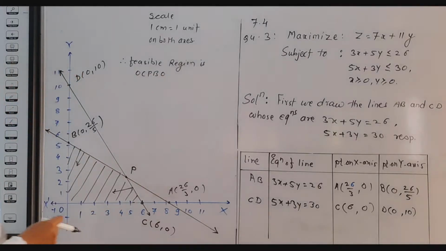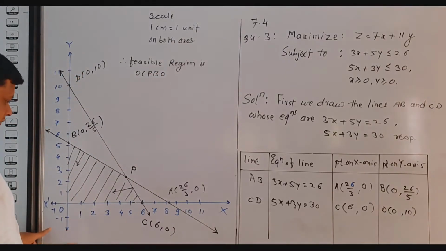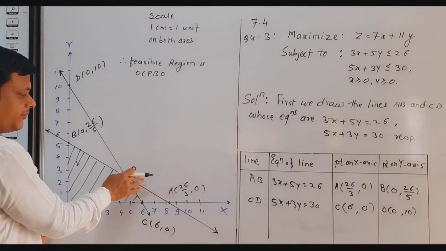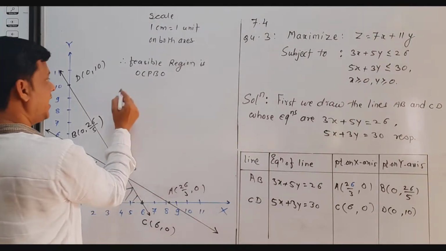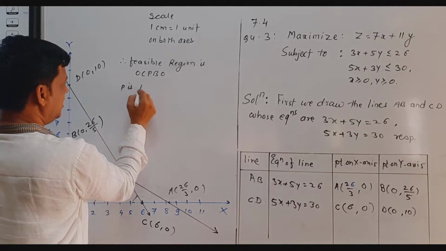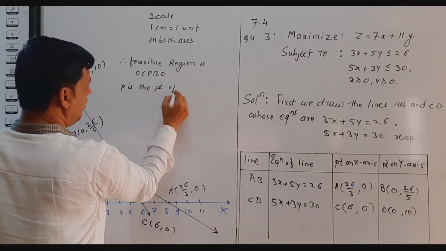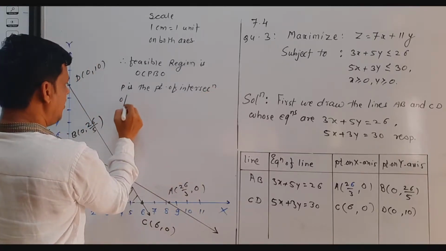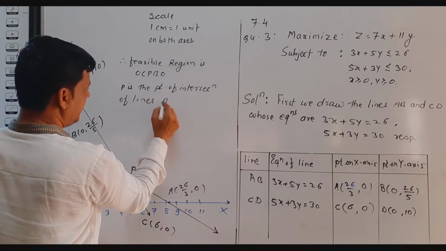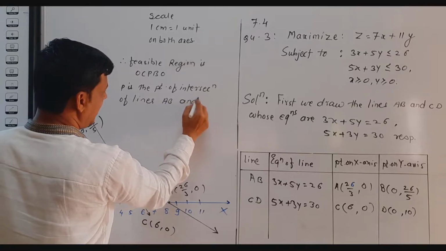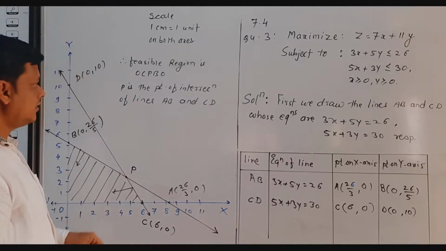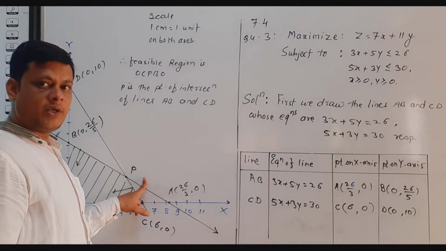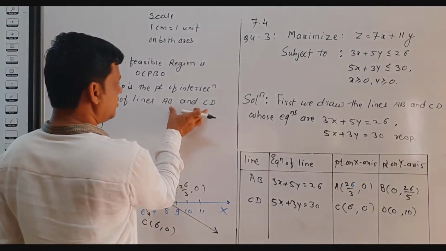OCPBO. Now we have to find the coordinate of this point P. So we write here, P is the point of intersection of lines AB and CD. That means to find the coordinate of point P, we have to solve equation of line AB